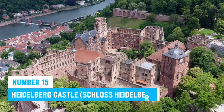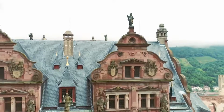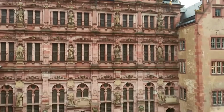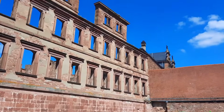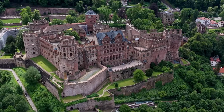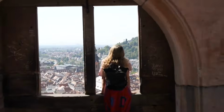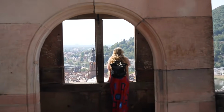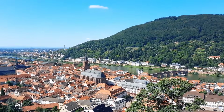Number 15. Heidelberg Castle. Perched majestically on a hilltop, the Heidelberg Castle is a prominent historic landmark that enthralls visitors with its rich history and architectural marvels. This magnificent Renaissance structure stands as a testament to the grandeur of the past and beckons you to explore its sprawling ruins. As you wander through its corridors, you'll be rewarded with awe-inspiring panoramic views of Heidelberg and its picturesque